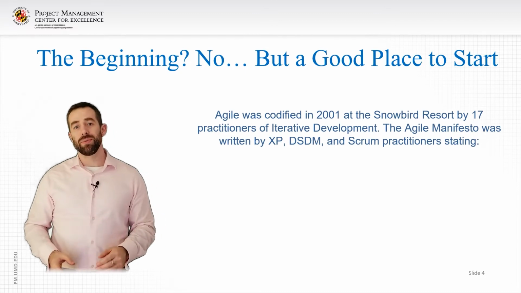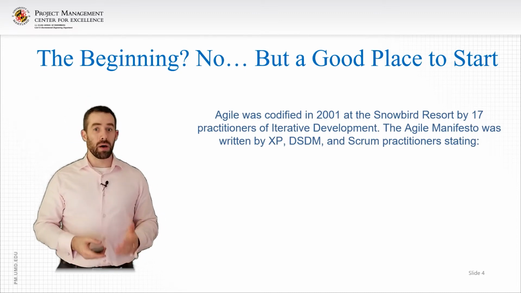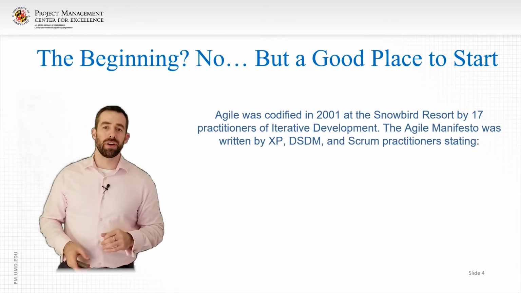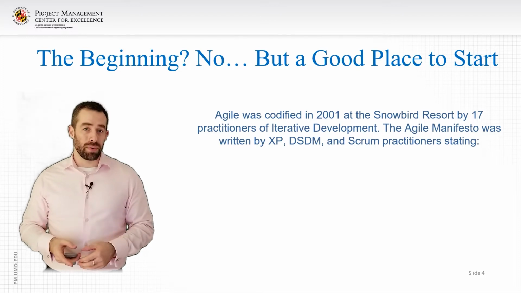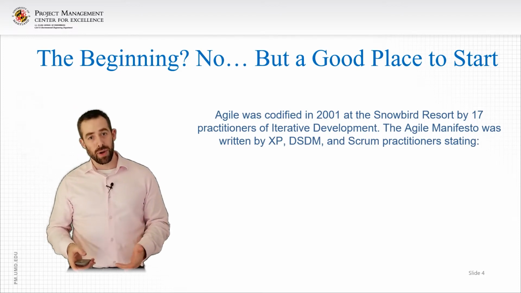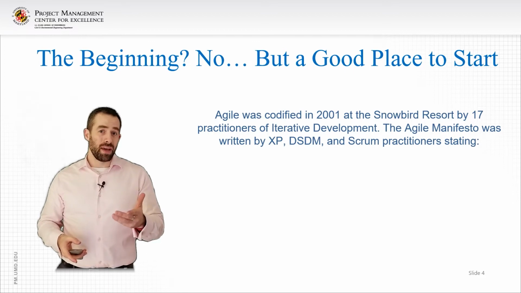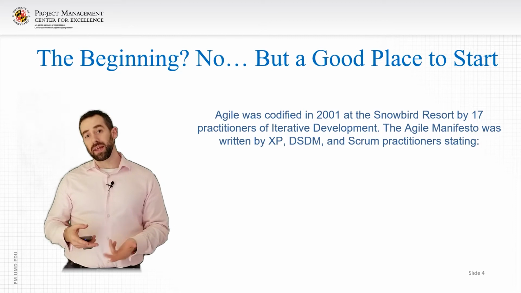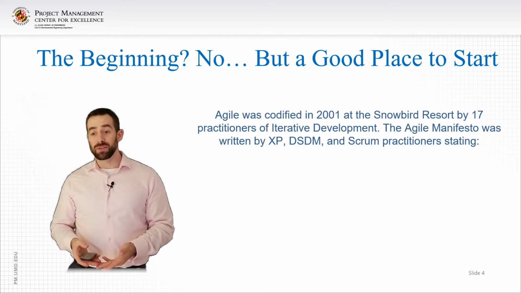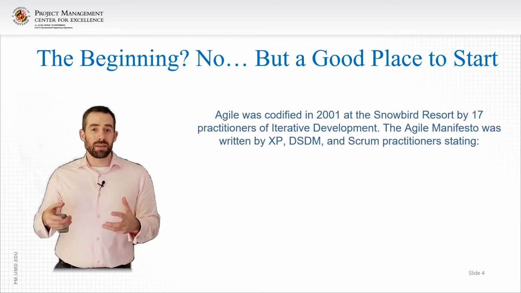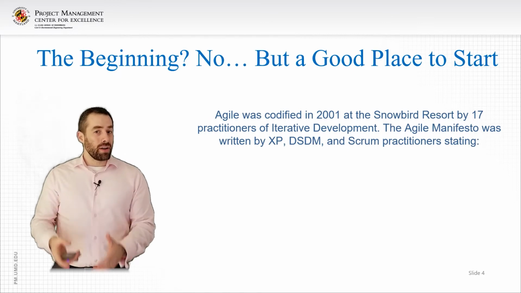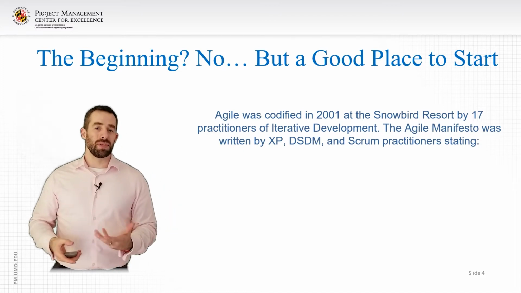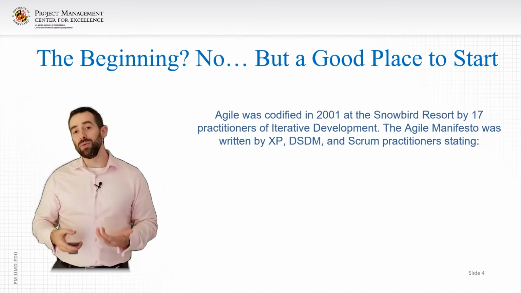Now, the Agile Manifesto was developed by Agilists who were coming together in 2001, and this is about 7 years after the Scrum paper was published by Jeff Sutherland and Ken Schwaber. At this point, we had a number of iterative methodologies in place, like extreme programming and dynamic system development methodology, as well as Scrum. And these leading practitioners sought each other out, met in Snowbird in 2001, and tried to come up with something they could agree on as being kind of a new code.